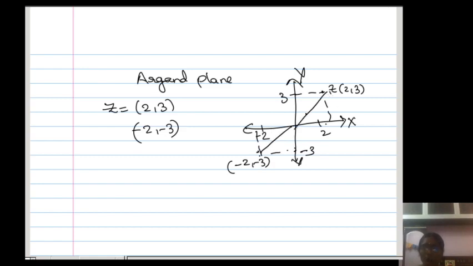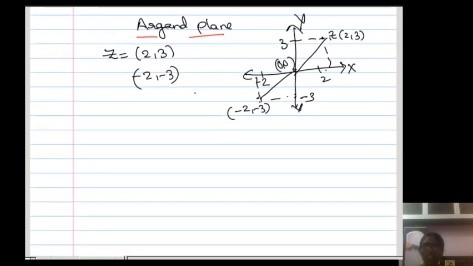So what I am saying is, how to represent a point in the complex plane or in the Argand plane, we have to represent it in this way. Origin means here. That is the representation of a point in the complex plane. Now if two complex numbers are there, then how to represent addition and difference? First I want to discuss addition and subtraction of two complex numbers in the Argand plane.